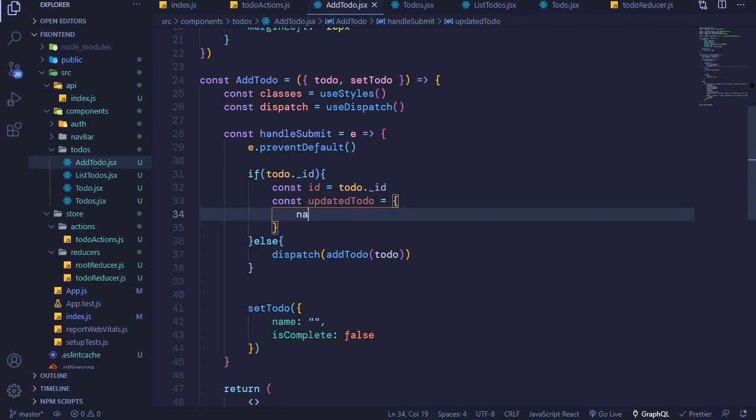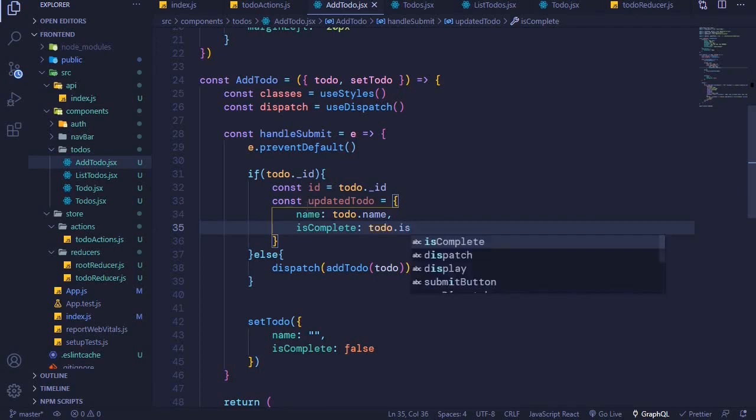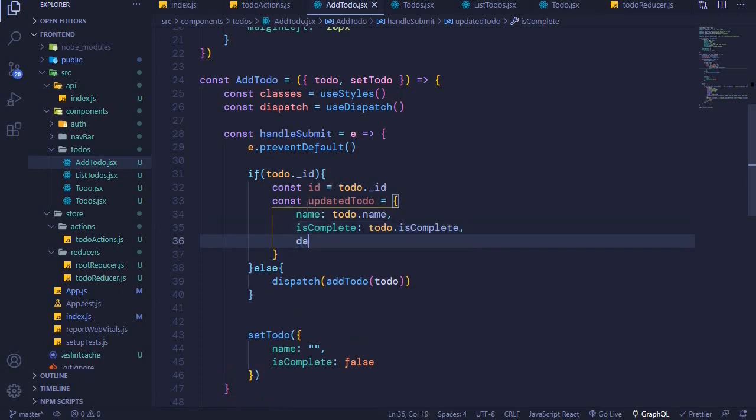So I can set the name to be todo.name, and then is complete will be todo.isComplete. Date will be todo.date, and then author,